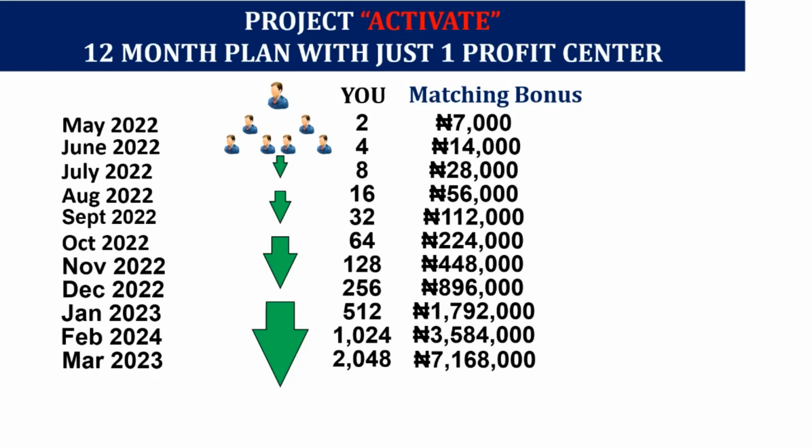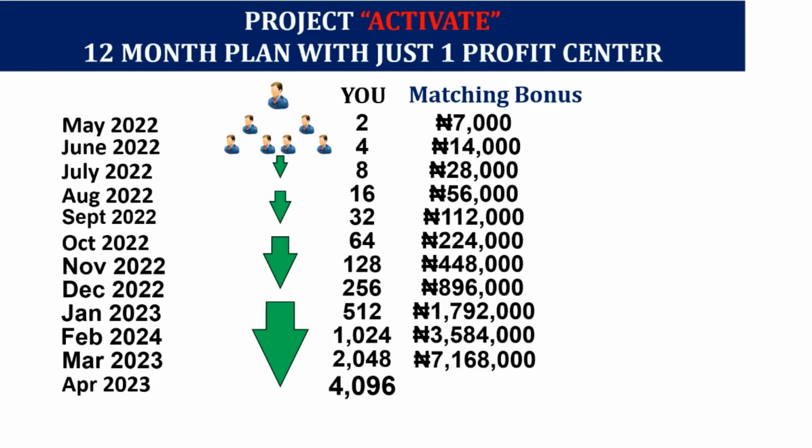Ladies and gentlemen, in April, the people who activated in March will also activate. That's all. What is activate? It's just to sponsor 2. And 4,096 people will join your business. Now, this will help those who God has helped to connect a minimum of 2 in this May, not to joke with them. They will do the needful so that the cycle can be completed in 12 months. Remember, what I'm showing you is just the 12-month plan. I'm showing you how to raise capital.